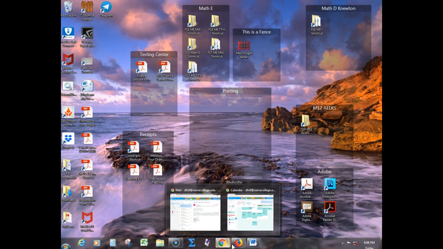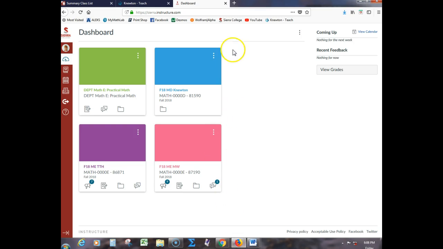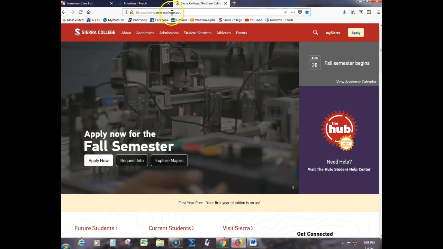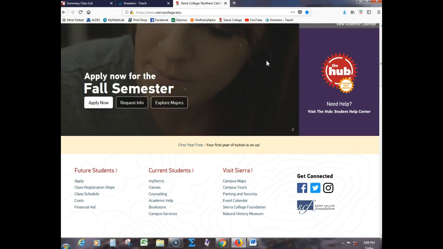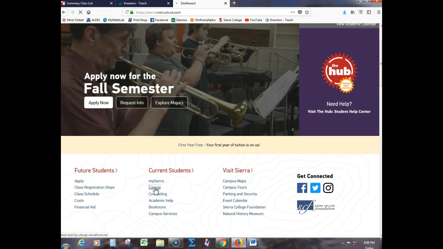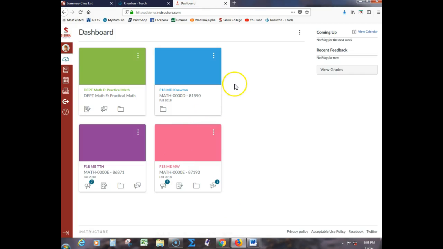Use whatever browser you prefer. I like Firefox, or you can use Google Chrome or Safari, whichever one you like best. Go to the Sierra College website, www.sierracollege.edu. Scroll down a little bit and find the Canvas link. There's also a Canvas app that you can use on your phone. Our class is Fall 18 Math D. This is what you'll see: Fall Math D